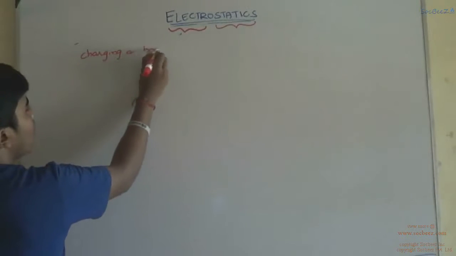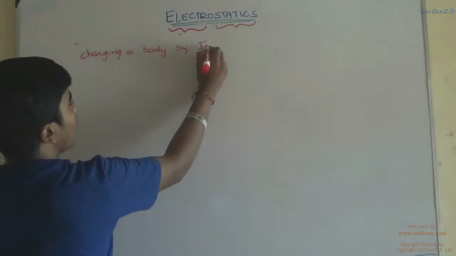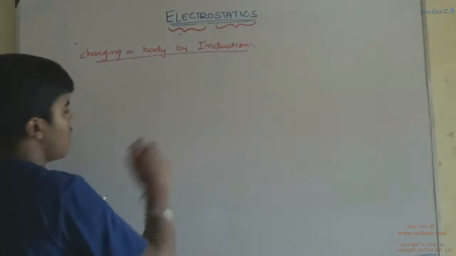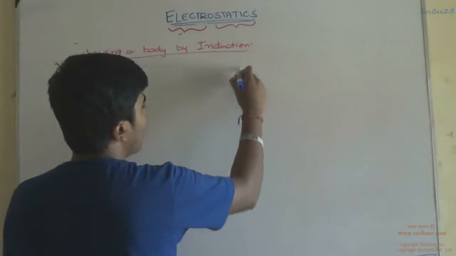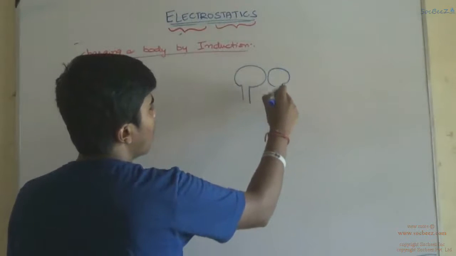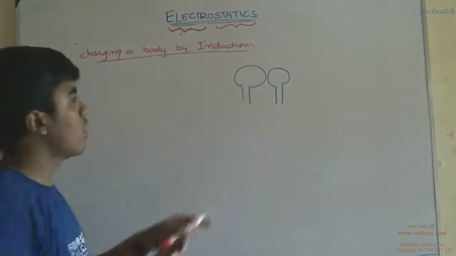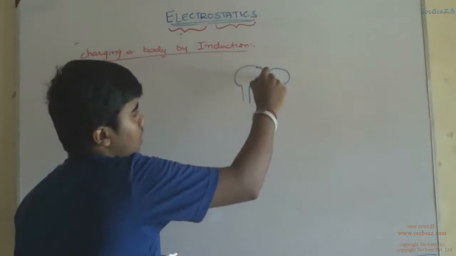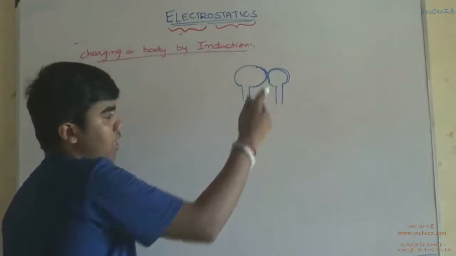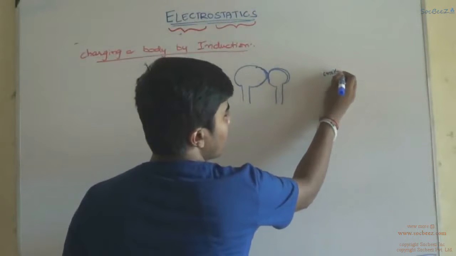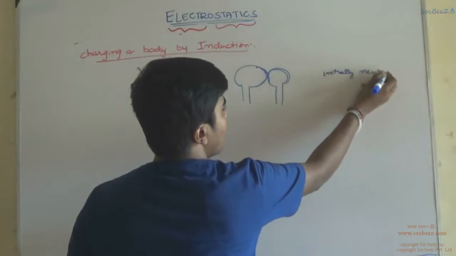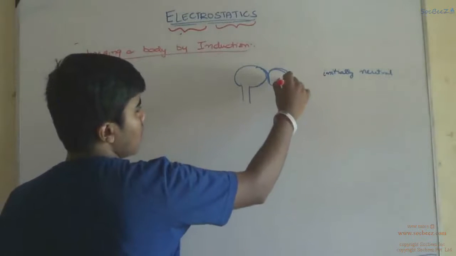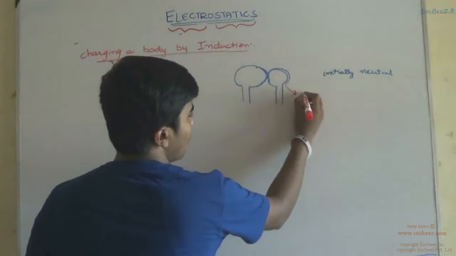Charging a body by induction. Consider there are two rods. Now we want to charge one of the rods with a positive charge. So let us get them into contact. Initially they are neutral in charge. Now see, what I do is, if I want this rod to be charged positively,